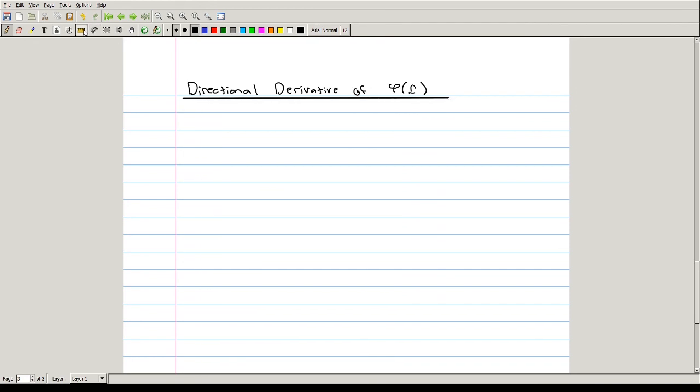And we're going to shift our focus a little bit for the time being away from vector fields and just consider scalar fields, where the scalar field could be a function of 3 variables,